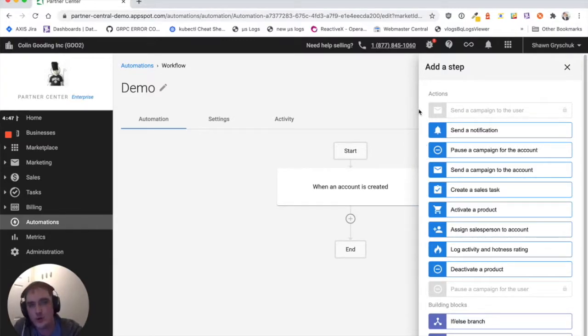As we add more triggers and more actions to automations, they're not going to fit together perfectly. And so the actions that you can't use because of the trigger that you chose are going to be grayed out like this. These two actions, send a campaign to the user and pause a campaign for the user, act